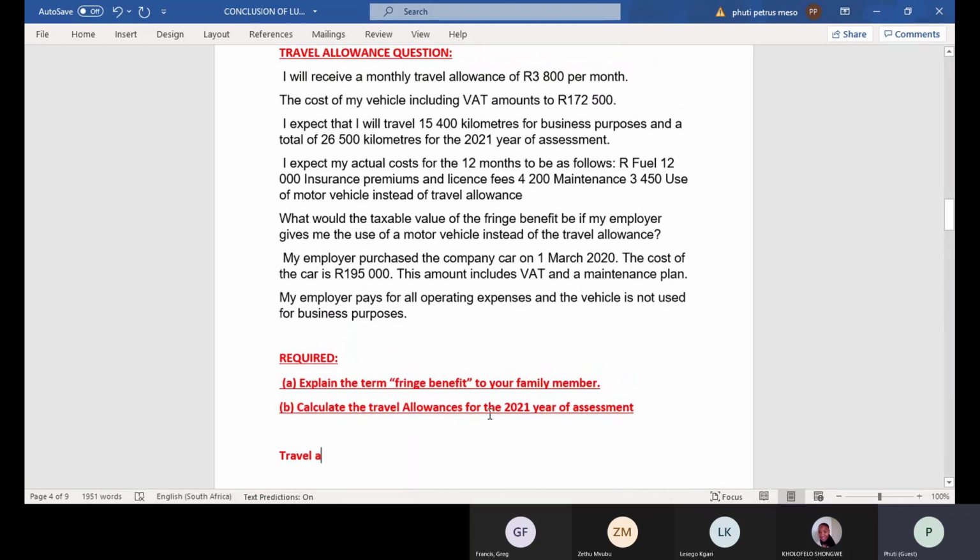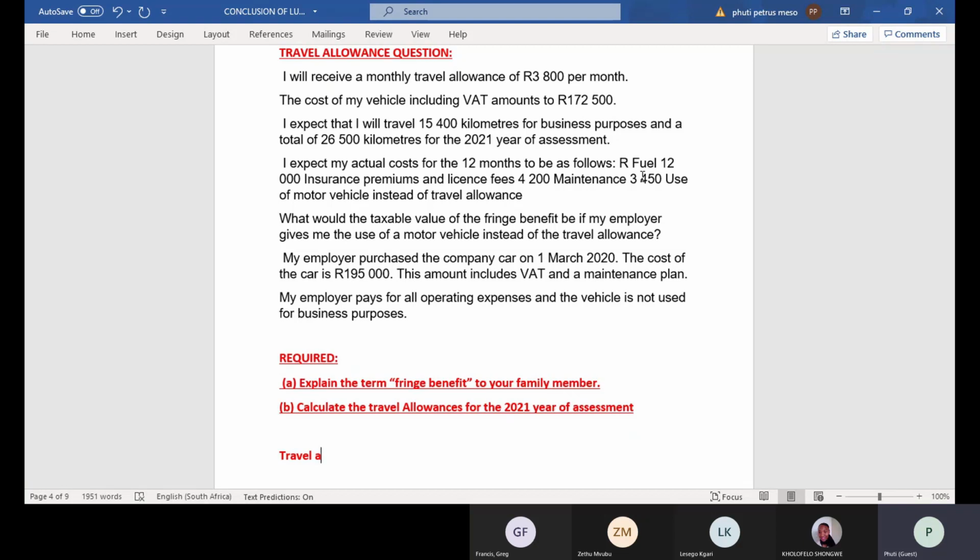You can see that I'm typing here. All right, let's have a look at this. You will receive a monthly travel allowance of 3,800 rand per month, meaning that you have to calculate the entire amount for the travel allowance per month for 12 months. And the cost of the vehicle, we'll see that later on. Then you are expected to travel 15,400 kilometers for business purposes and a total of 26,500 for the